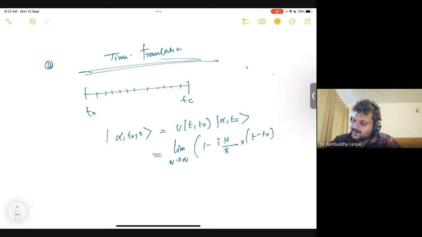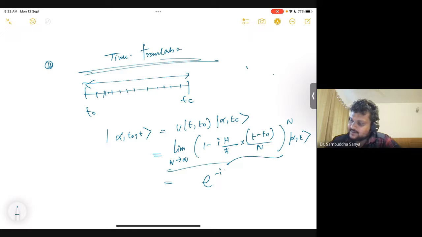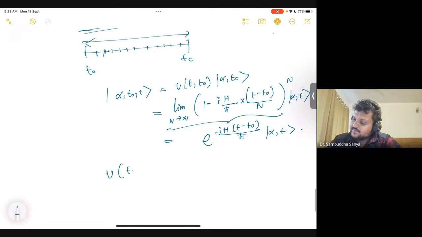So t minus t naught is this full interval, and that is divided into n pieces. So (t minus t naught) divided by n, to the power n, alpha t. And this we have seen earlier. This is nothing but U(t, t naught), the form of U(t, t naught) for finite time translation is